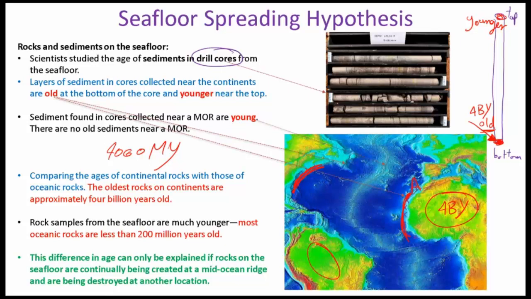So the oldest rocks on the earth have an age of almost 4 billion years. So we consider the age of the earth to be around 4 billion years, since the earth cooled down and formed a solid layer or a solid crust, which is the continental crust. That was 4 billion years ago. So they found the age of these rocks at the bottom to be 4 billion years old, which is the oldest rocks. And when they move toward the MOR,